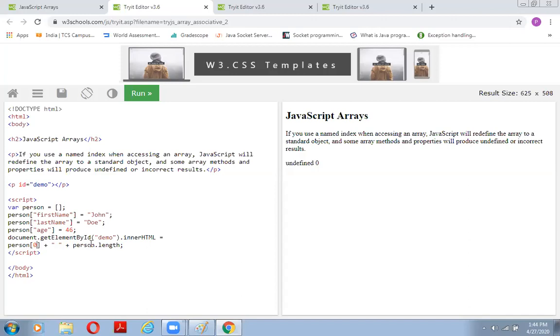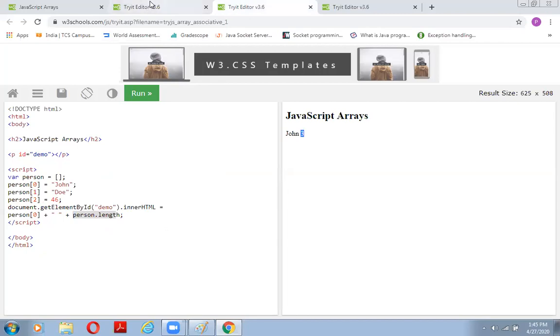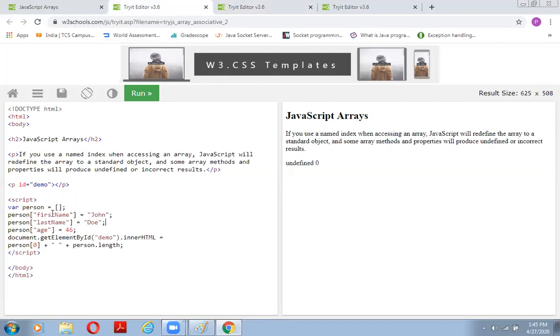It should produce the result John 3, but somehow it is not giving the right result, because here we are trying to access an associative array with a named index, with property and value.